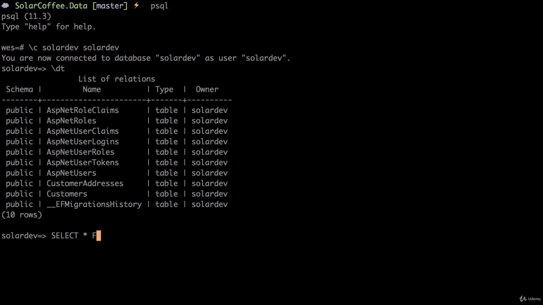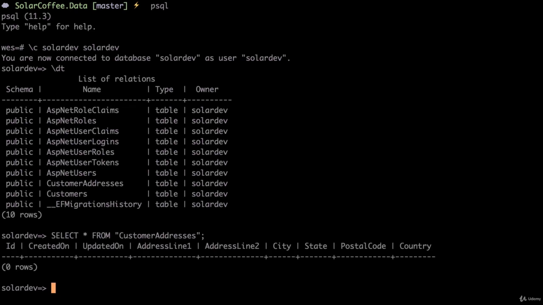So if I select star from customer addresses. Now, one thing to keep in mind with Postgres anyway, and SQL in general, that if we don't surround our table names with double quotes here, it's actually just going to interpret that as case-insensitive customer addresses, and it will say it won't find the relation. So if we surround it in quotes and use the proper casing here, then we should be able to select from our table. Now, obviously, we don't have any data in this yet,